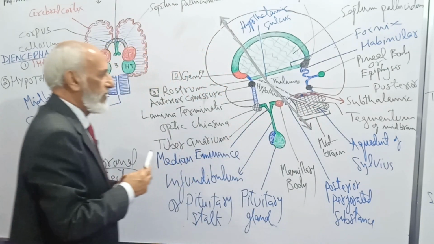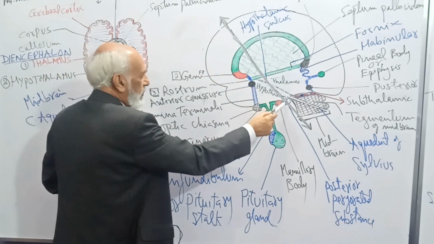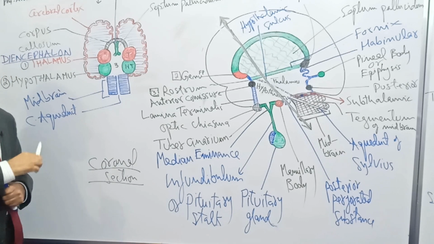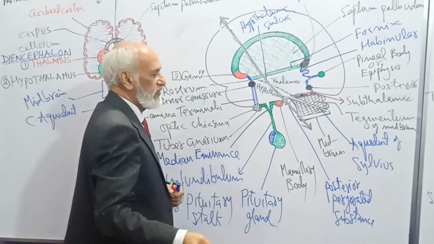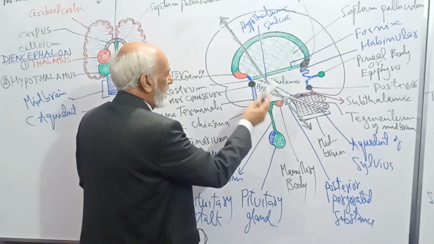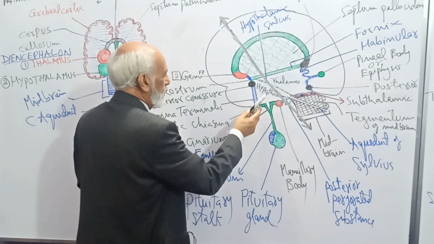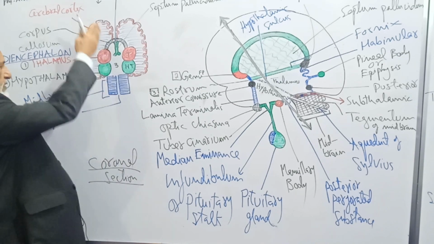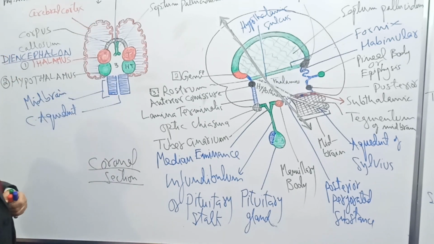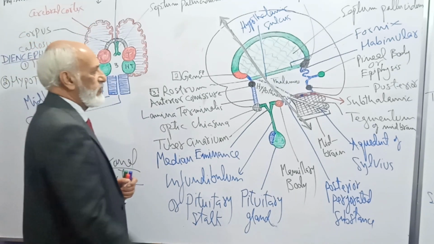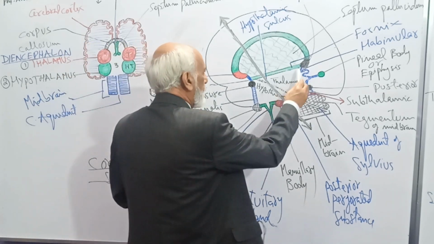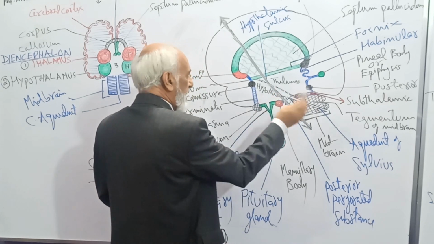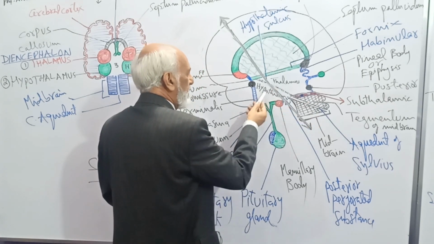Floor from before backward. Now can you see here this section is only passing through midbrain. This is why in the floor we have drawn only midbrain. Its anterior part cannot be shown in this diagram. The anterior perforated substance, mammillary body, tuber cinereum, optic chiasma cannot be shown because this is a vertical section through it. Now in this diagram you can see which boundaries are third ventricle: roof, anterior wall, posterior wall, and floor, and one lateral wall, thalamus, hypothalamus.